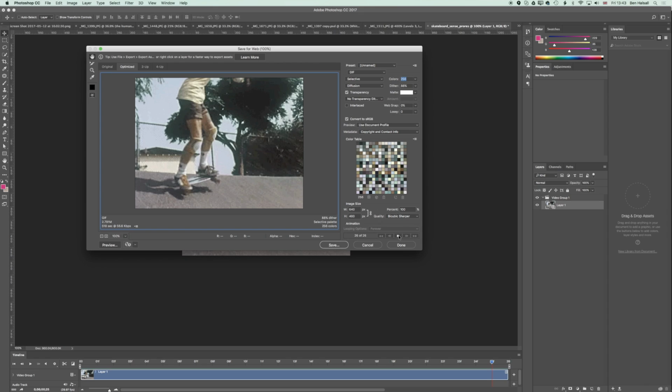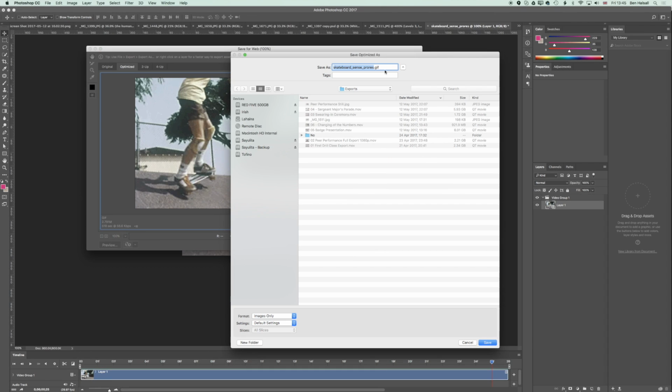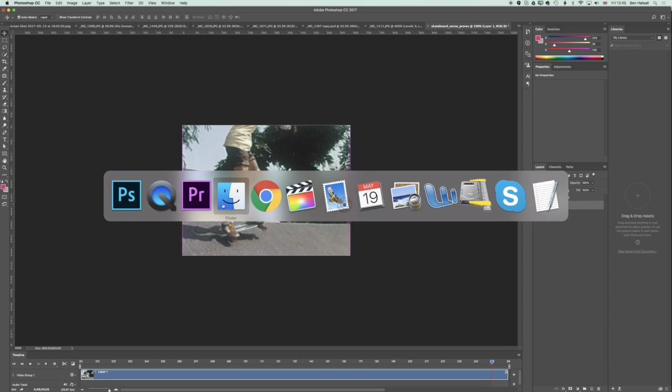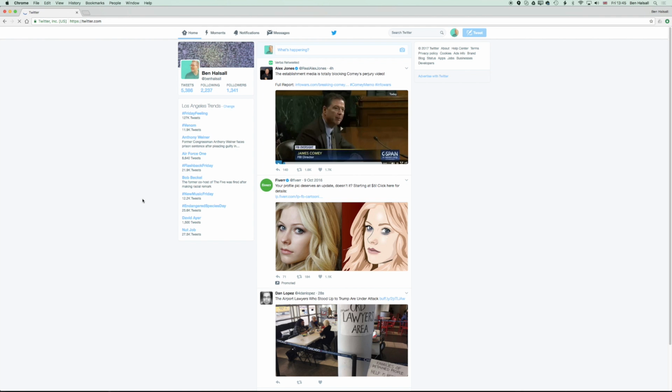So basically, once we hit play, the GIF is going to loop forever. If we pause that now and go to save, and we'll just export it out with the default name that Photoshop's giving us. So once that's exported out, we can jump to Google Chrome, and we'll jump into Twitter here in Google Chrome,